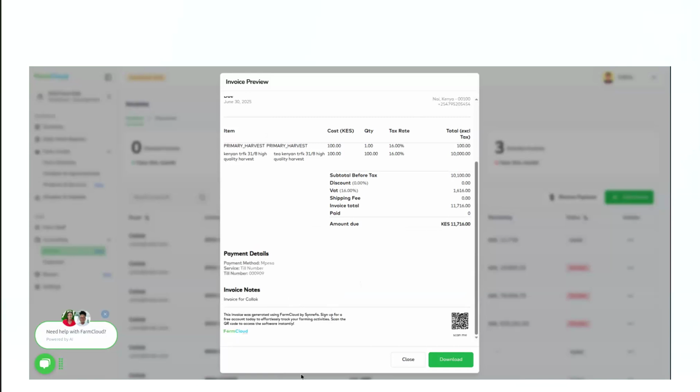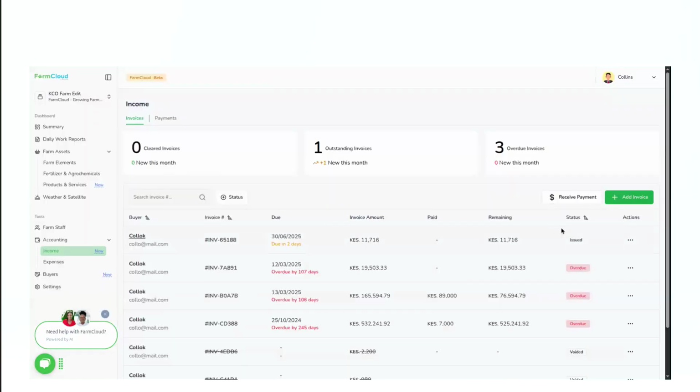Then we can choose to download the invoice if we wish to keep a physical record of the invoice, or if we don't, the system will keep it for you, and then you can choose to close. So afterwards, you can go and receive payments so that you can see how the status of the